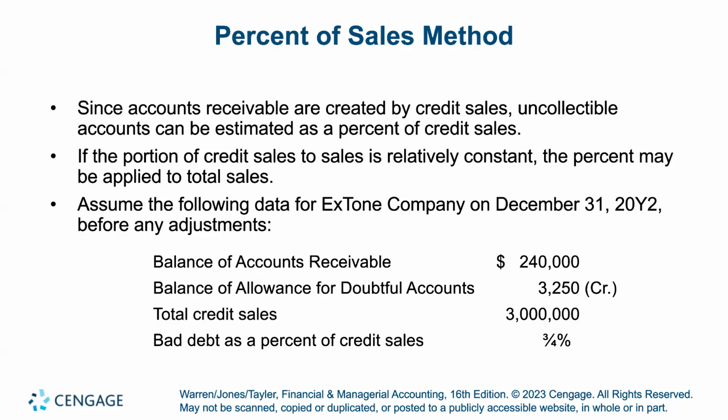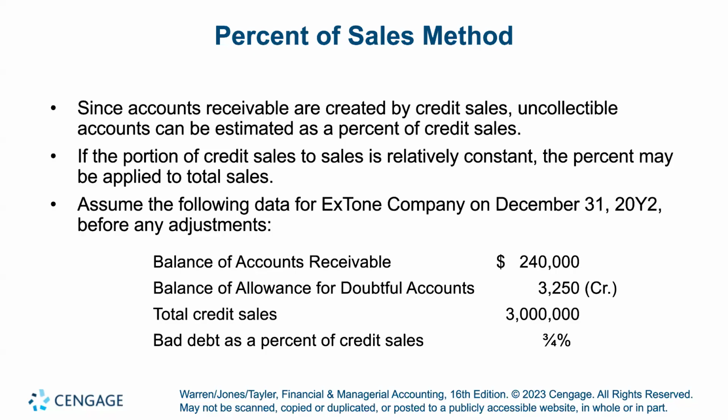And then we learned about this allowance for doubtful accounts method, which is a little bit weirder in that it lets us take the expense at the end of the year, even if we haven't decided who's going to pay us and who's not going to pay us, but instead we estimate how much we're not going to be able to collect from this year. We take the expense at the end of the year, and then in the following year, we'll do journal entries against that allowance we created.